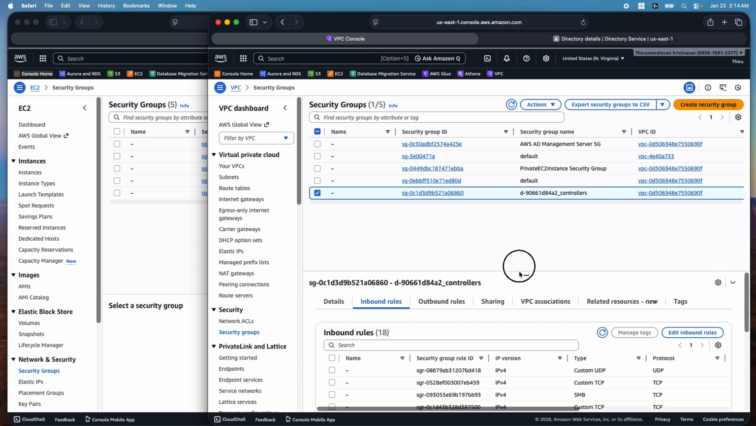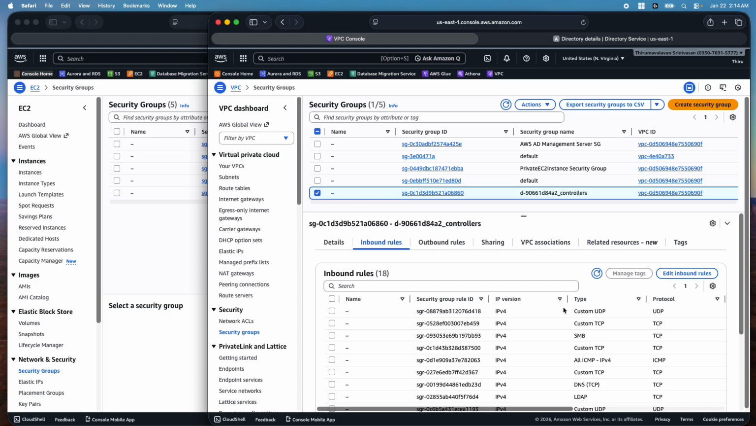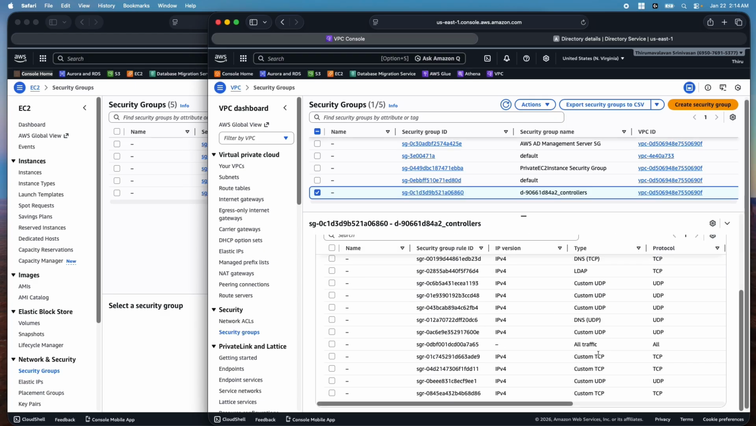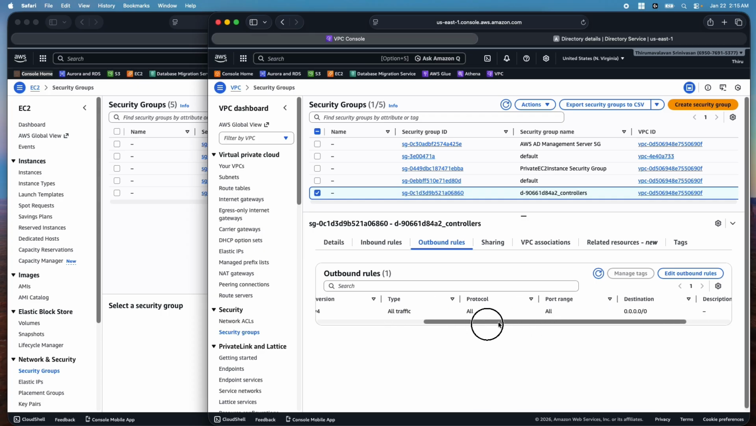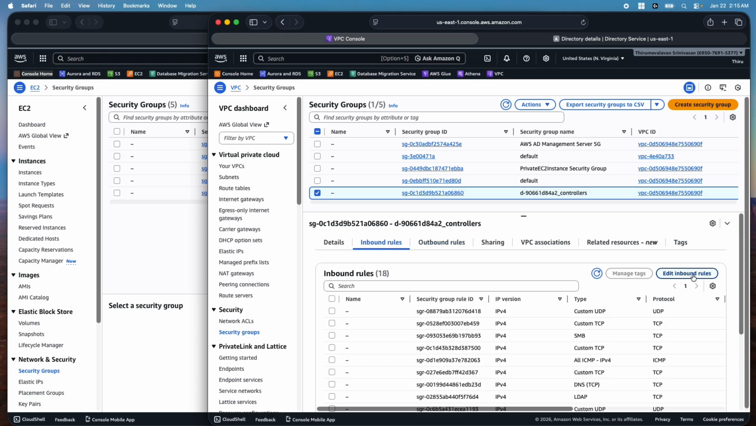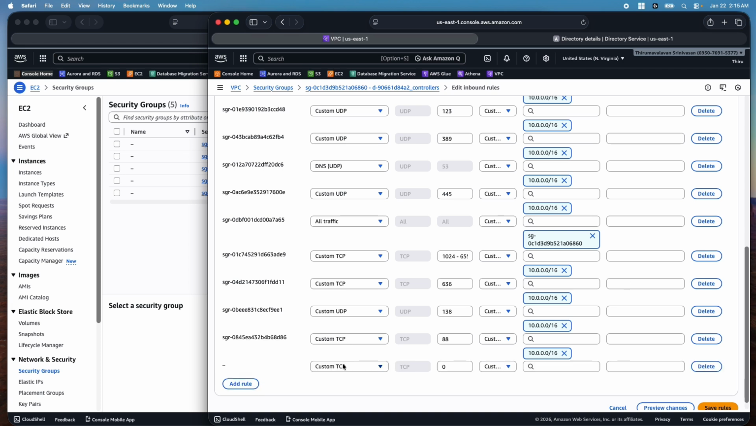Select this one, and if you see the inbound rules, it's allowing all these ports. It's automatically created by AWS when we created that managed AD. And if you see the outbound rules, for now it's not restricted. It's sending all the traffic to the wide internet. I'm just going to leave that as it is and click on the inbound rules and edit the inbound rules